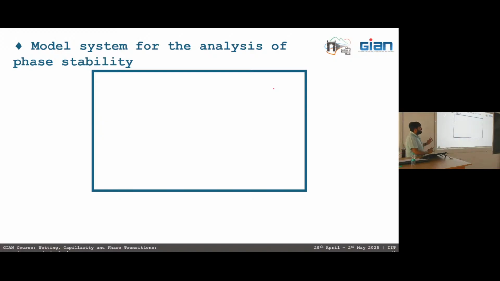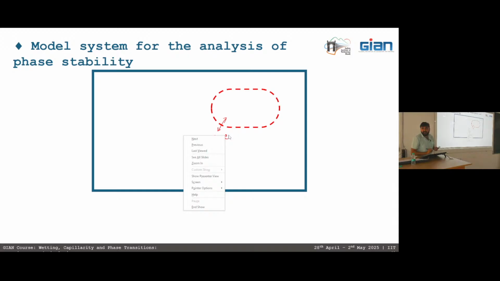So let me consider a system here. In this system, we have one more subsystem. This subsystem has porous walls, but the walls are rigid. So you can consider any porous structure, but its walls are rigid. So it means it has a fixed volume. But at the same time, because of the porous walls, both mass and energy can leave or enter the system.